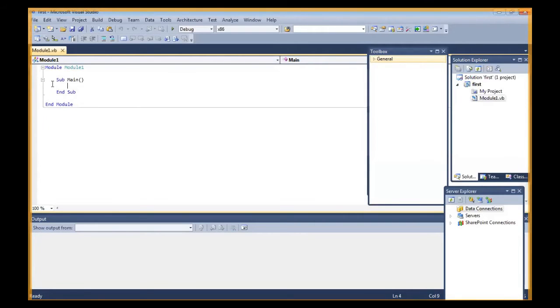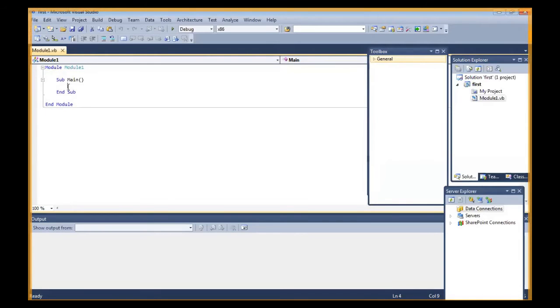You are going to write the console application like your C program, where there is a void main. So in a .NET console application, there is a Sub Main and an End Sub, because VB.NET is a modular or object oriented programming language. There are two things for input and output: either you can display the text or you can read the text.